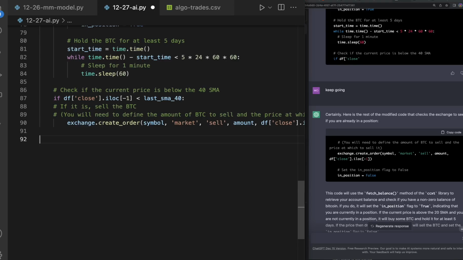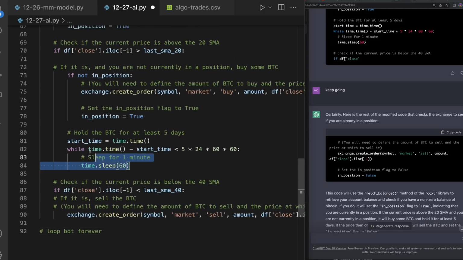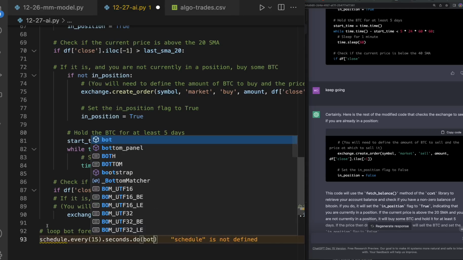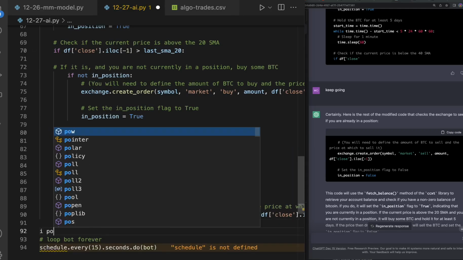and say loop bot forever, and that should be fine, because remember, when we enter, it just chills for 5 days. You know, if you have this up on a server or a computer, it's just chilling for 5 days after it enters, and then it's gonna check this. So loop bot forever, we have to hit schedule dot every, let's just do 15 seconds, and dot seconds dot do and bot, and then we have to import schedule,